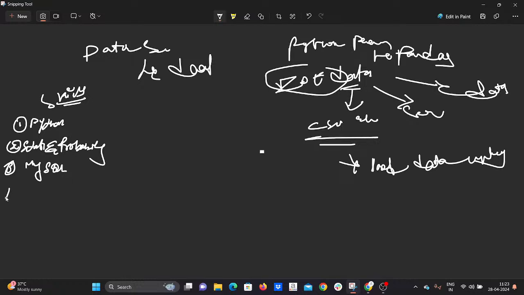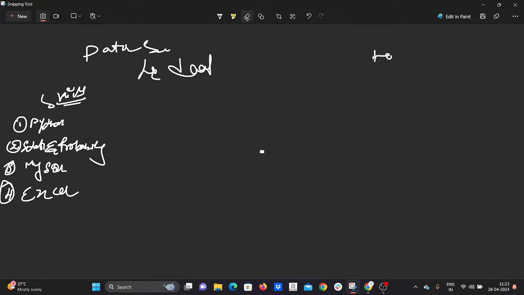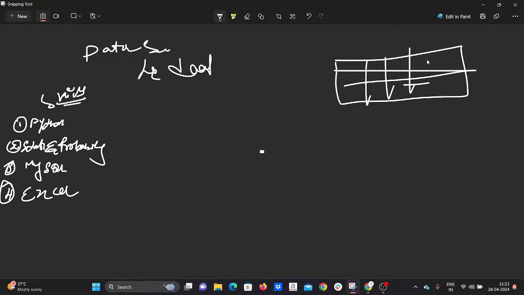Okay, so after SQL we directly jump into Excel. Excel is used for analysis purposes, where we store the CSV files as well as our Excel files. Here the data is present in rows and columns. We all know about that. A huge amount of data is present in Excel. We work on advanced Excel, like VLOOKUP, HLOOKUP, pivot tables, macros. These are the concepts we will cover in these advanced topics.